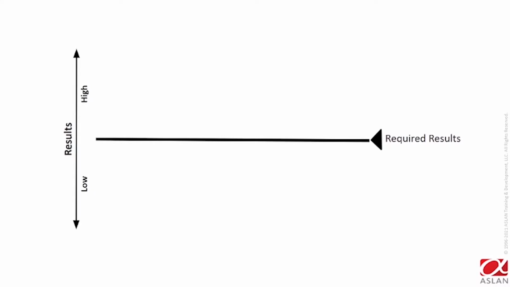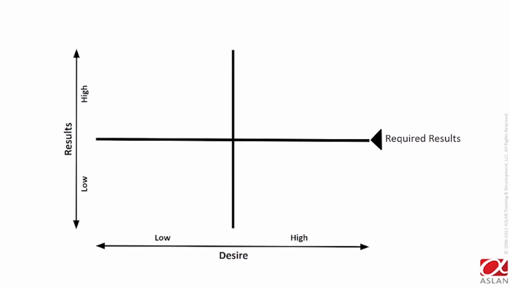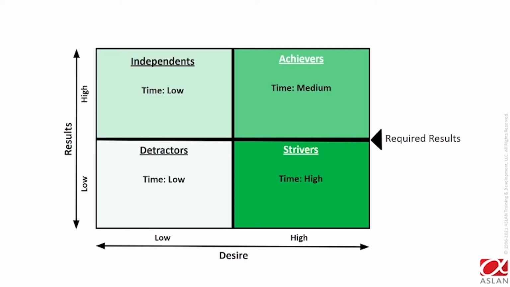Now, results is pretty obvious. There's reps on the team that are above the line, they're hitting their number. Then there's reps on the team that are below the line, and they're not hitting their number. But there's another axis that leaders need to focus on, which is desire. They need to learn a simple approach to measuring desire so they can see that there's reps on their team that want to change and they want to adopt their coaching input, or there are reps on the team that don't want to change.